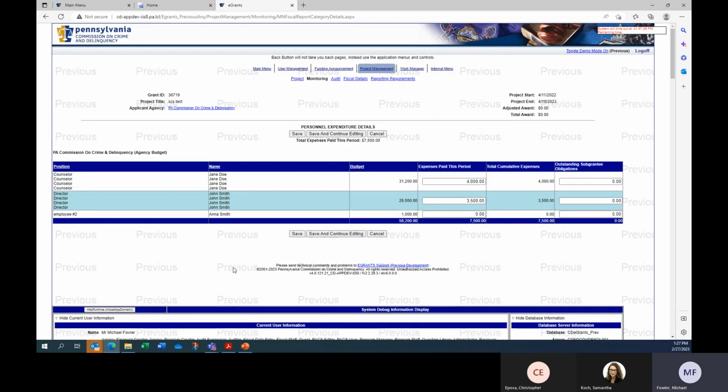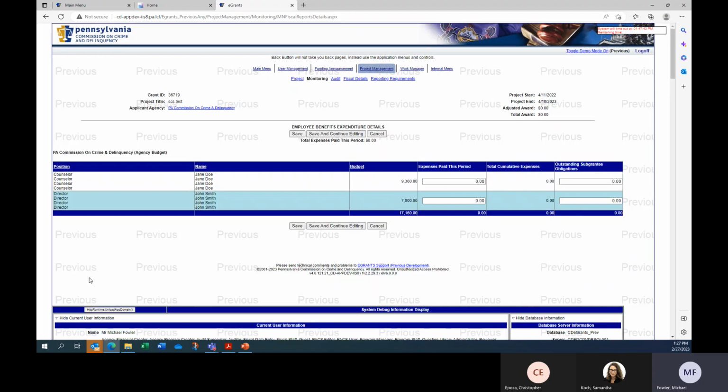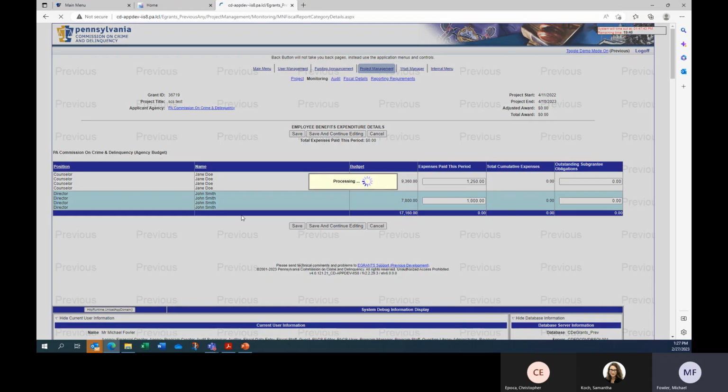And then we're going to enter in their benefits that we had from our accounting records. So you see that both showed up, those for personnel costs, and now we're going to enter the benefits, which was $1,000 for the director and $1,250 for the counselor. So we're going to save that.